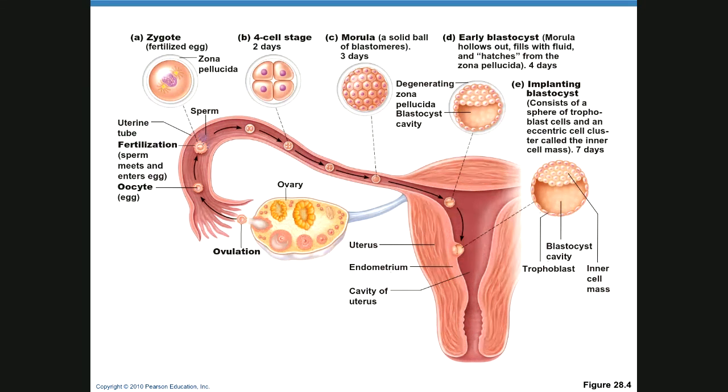About 4 days along, you're going to have a 4-cell stage. Then a little bit later, you're going to have a morula, a solid ball of blastomeres. Then it continues. You get a hollowing out, the blastocyst cavity, and then it goes along here, and this is a trophoblast. This is the inner cell mass, and it will actually implant itself into the lining of the uterus,